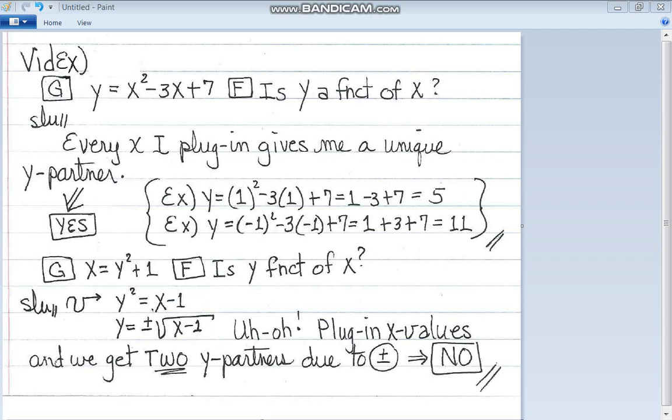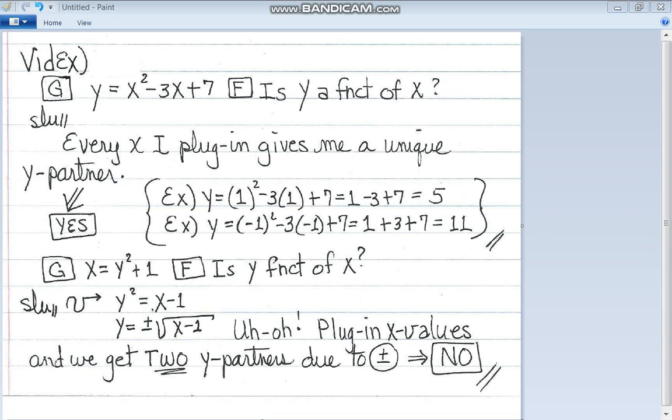We are given y equals x squared minus 3x plus 7, and we're asked to find, is y a function of x? Well, the condition would be that the x's must be faithful. Well, what does it mean for the x's to be faithful? In this situation where you're given an equation and asked if it represents y as a function of x, you